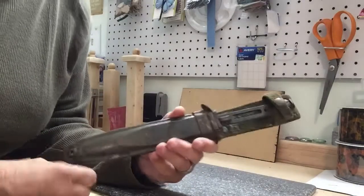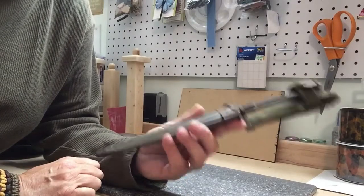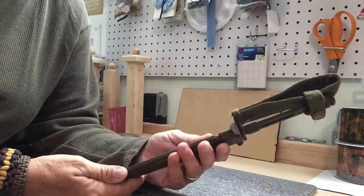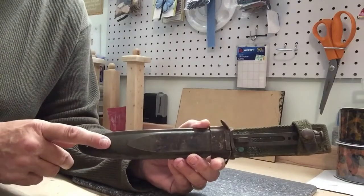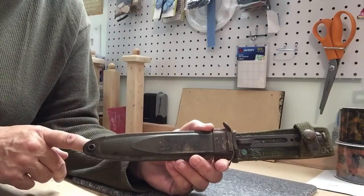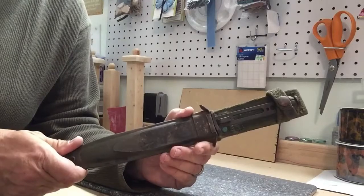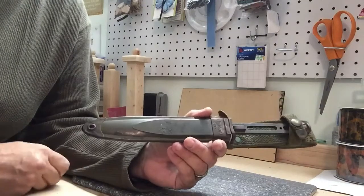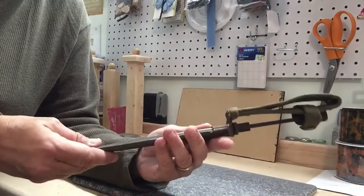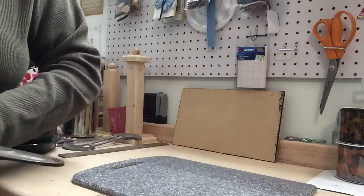I also got this at the junk shop up the road. I know this is US. It's an M8A1 sheath. Now these were made, I believe, in Pennsylvania from the 1940s to the late 1960s. And they were made for the bayonets and for the fighting knives. That much I do know about the sheath. As far as the item that's in there,